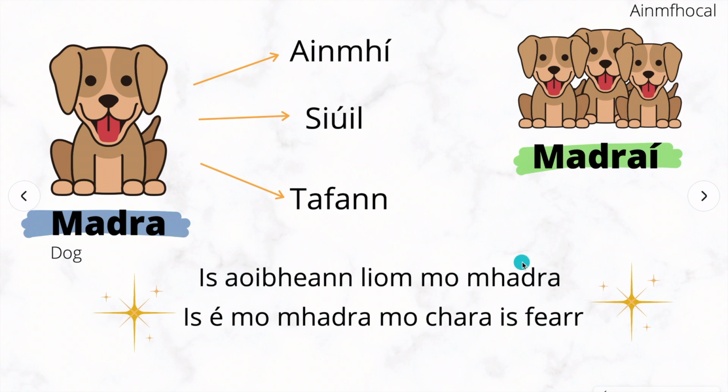So it's Is breá liom mo mhadra, is mo mhadra mo chara is fearr. So this is I love my dog, my dog is my best friend. It was kind of cute there, but anyway, yeah, so as you can see, the last thing I'm going to talk about here is, look in the top, it says ainmfhocal. This is to group these flashcards into themes or topics by the actual function they serve in the language. So this would be a noun. Yeah, so as you can see here, I've incorporated the different things I was talking about in a more accessible way than semantic mapping, in my opinion.